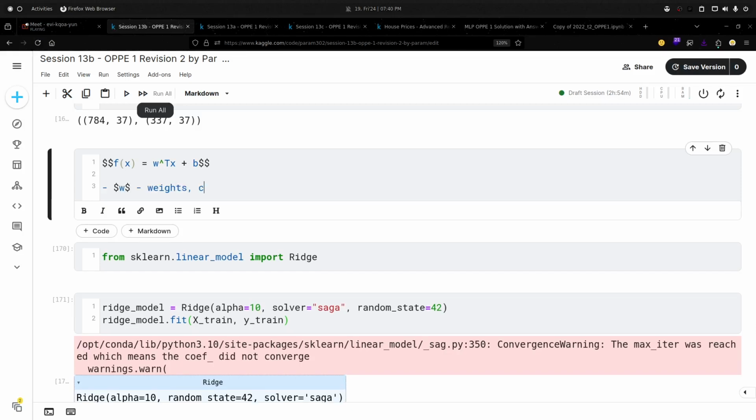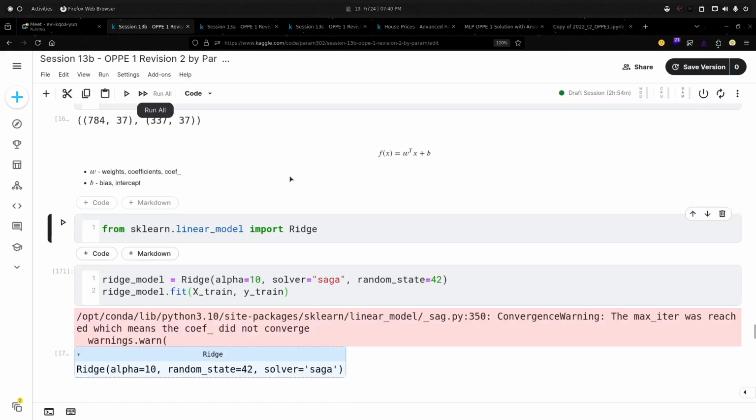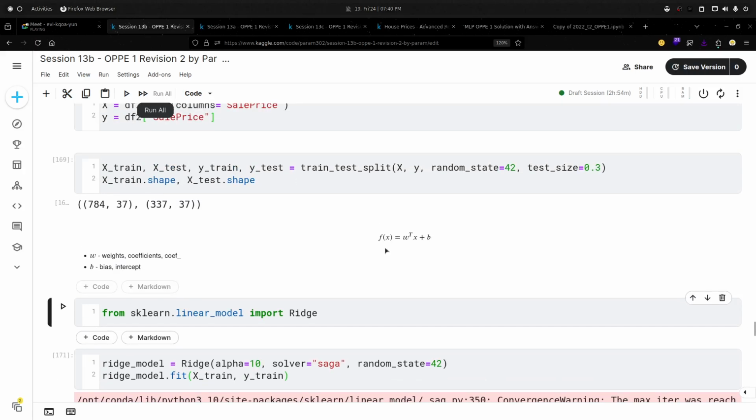We can call them weights, coefficients, slopes, or even derivatives. And this b is the bias, the intercept.